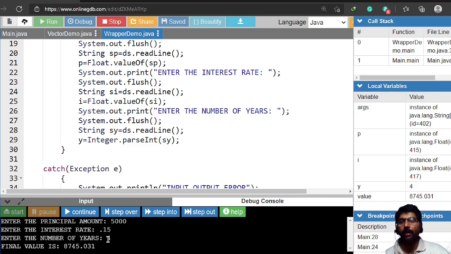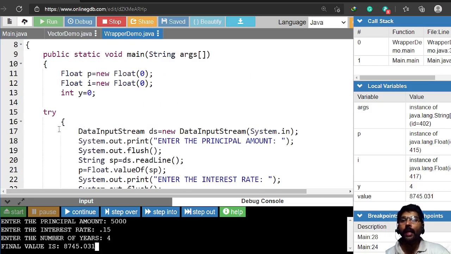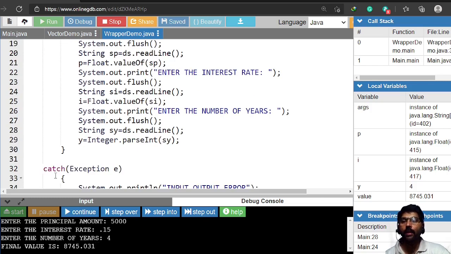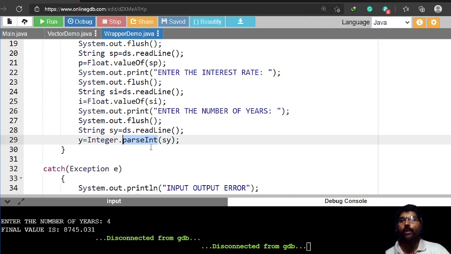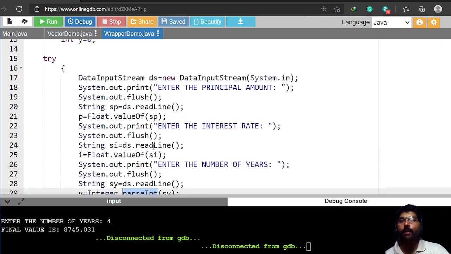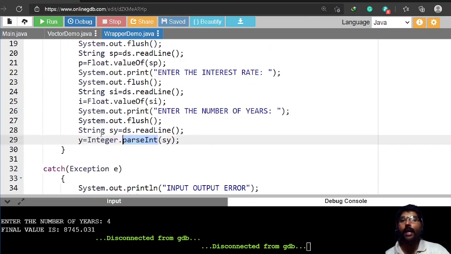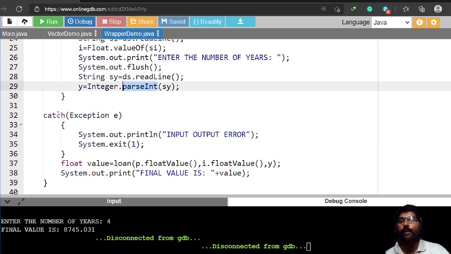Exception means error. I have to handle that exception. That can be done by a try and catch block. Some methods like parseInt throw exceptions like NumberFormatException. To overcome such a problem, I am using try and catch here.